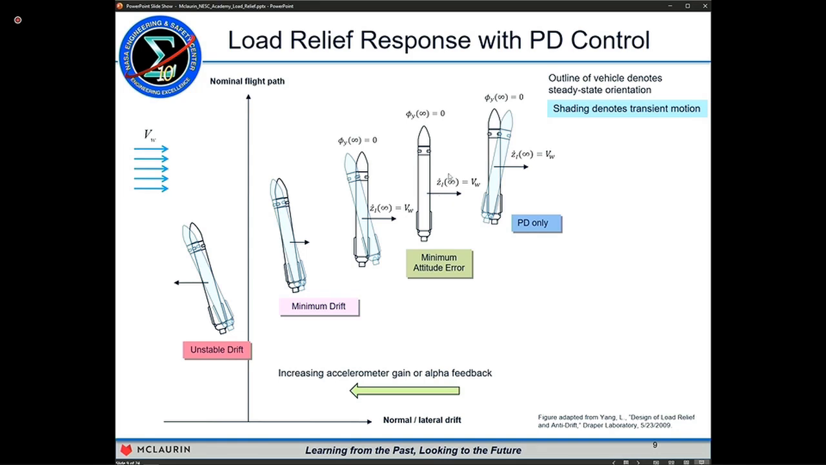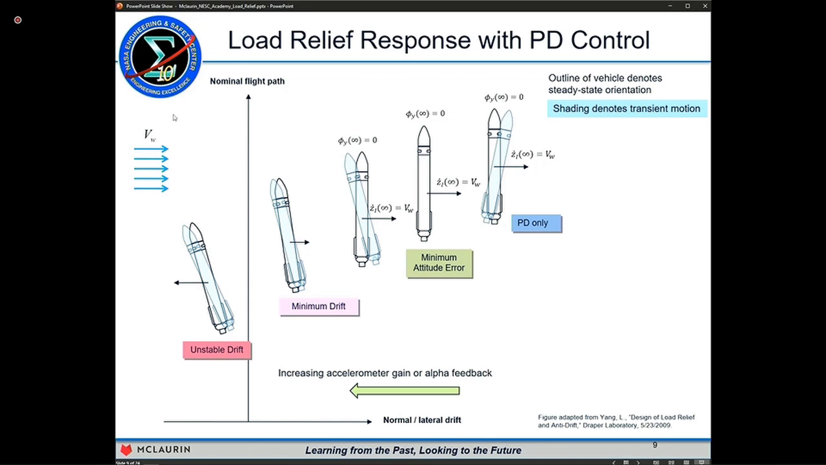So what we have here is essentially 5 different gain parameterizations. We have the nominal flight path, which is vertical along this nominal equilibrium trajectory. And we have an external wind from the left side of the page. And the shaded region is the initial vehicle's transient response to the wind. Okay. Now, if we start kind of at the right with only PD control, because the vehicle is statically unstable,